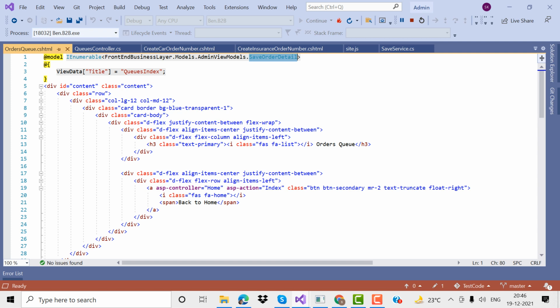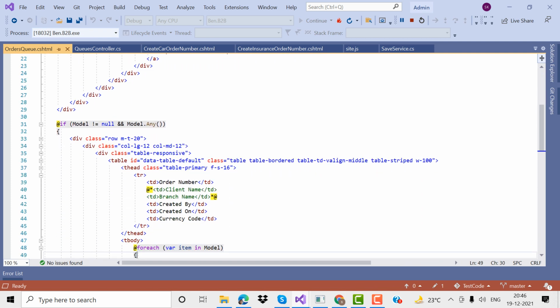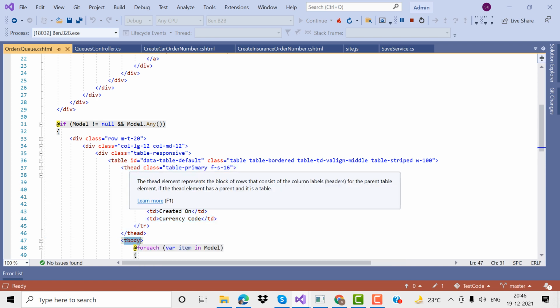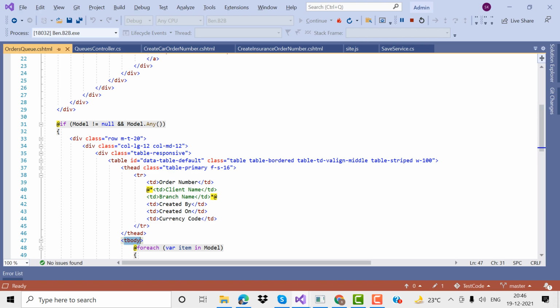This OrderQueue.cshtml contains one table that I bound. In the table I designed one part for the table header and a second part for the table body. The table header contains the header fields: order number, created by, created on, currency code, and the body contains all these records. In the table header we have created header values, and the table body contains the